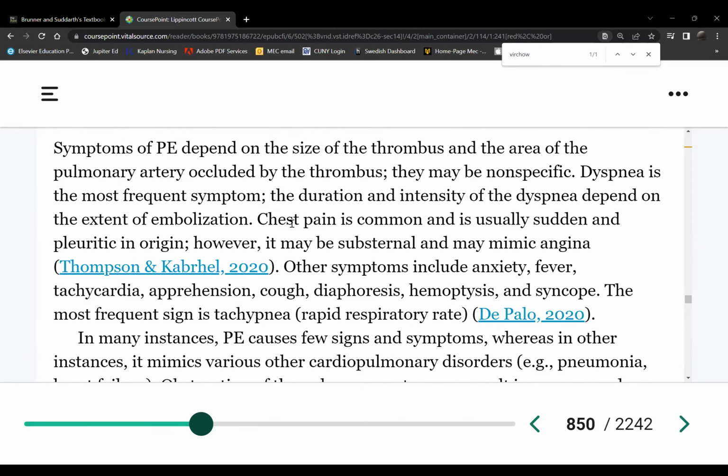Manifestations, they're not really specific here. They're non-specific, meaning there's no set of signs and symptoms that will say, oh, that's a PE, right? Unlike pericarditis, wherein you have signs. So this one, it can be anything. It could be a heart attack. If you put a PE patient and an MI patient side by side, they look the same. They will both have chest pain, shortness of breath, and low oxygen saturation. So we don't know which one based simply on the symptoms. Therefore, it's always diagnosed with blood tests and imaging.